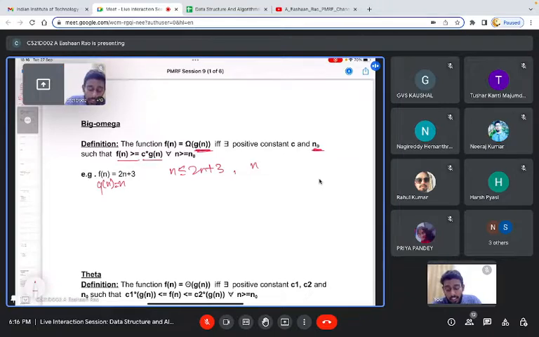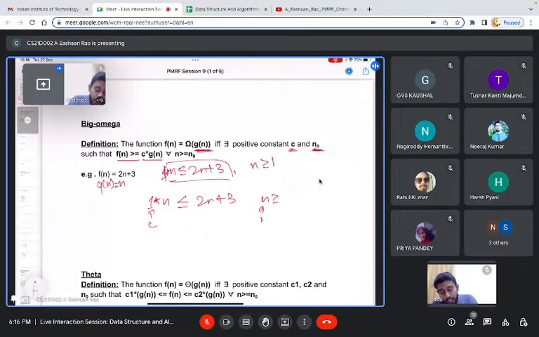So in this case, especially whenever you put n greater than or equal to 1, this condition will always be satisfied, and here the c value will be 1, so 1 into n, and 2n plus 3 will be greater than c times n, and the n naught value will be greater than 1. Okay, so this tells about the lower bound